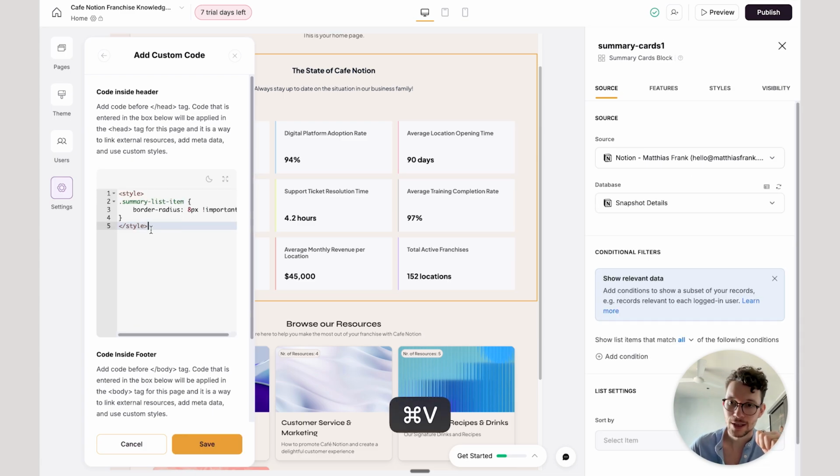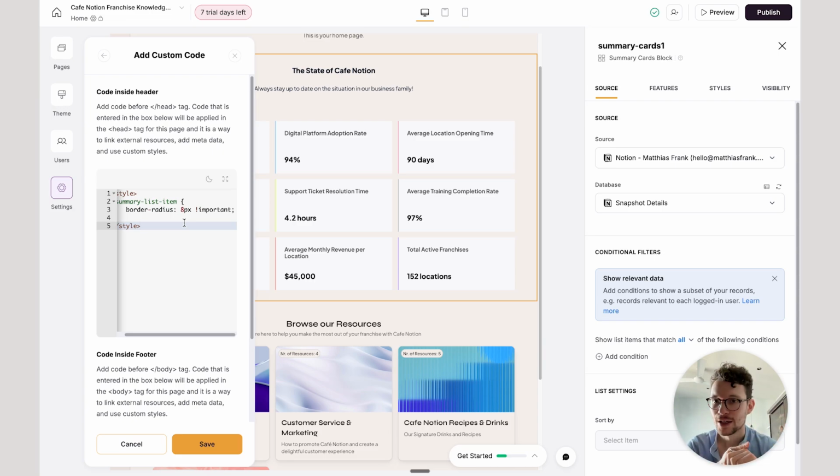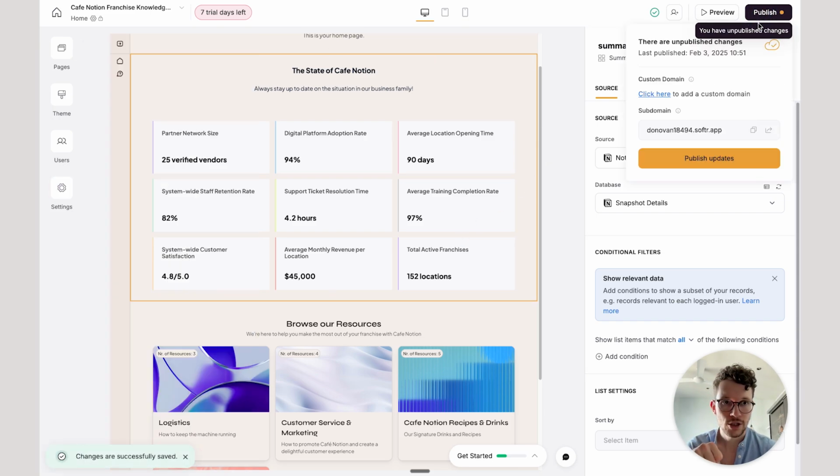So I know that what I need to do is put everything into these style brackets, and then I can use summary list item, the element that I just found, and give it this border radius 8 pixel. And then I also need to give it this exclamation mark important, which is not the best practice when it comes to web development because it sort of overrides all other styles. But since it's a little bit tricky to target elements here that have already styling on them, we want to do that. So then I can click on save, and I can click on publish, and now we can